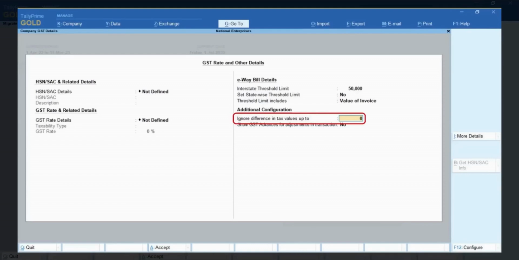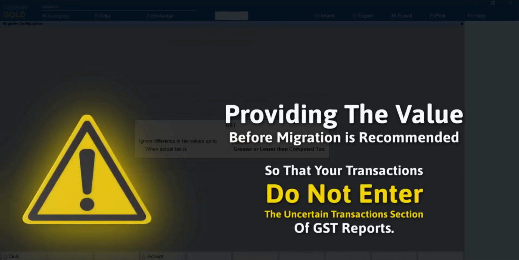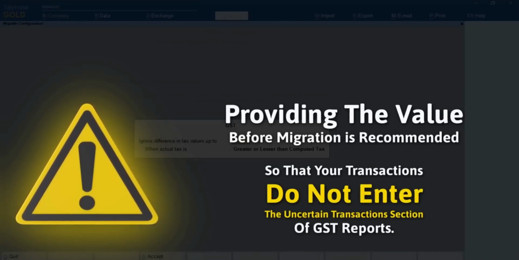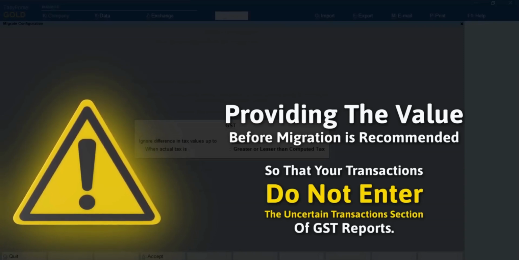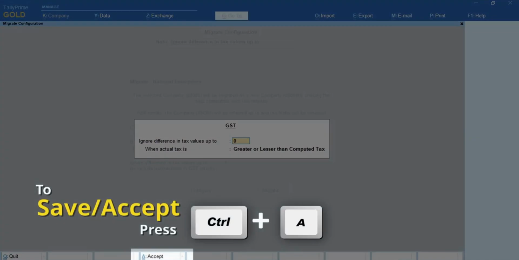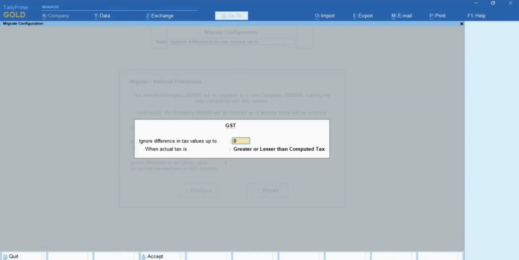Once you enter the value, the affected transactions move from the uncertain transaction section to their respective sections. Providing the value before migration ensures that the transactions that are ready for return filing do not enter the uncertain transaction section. Press Ctrl+A to save the configuration.